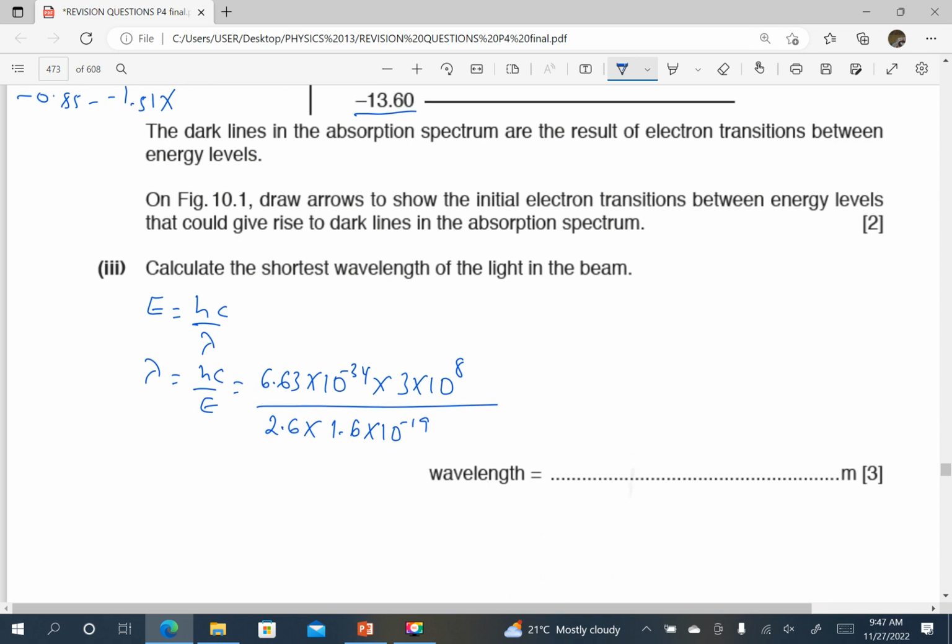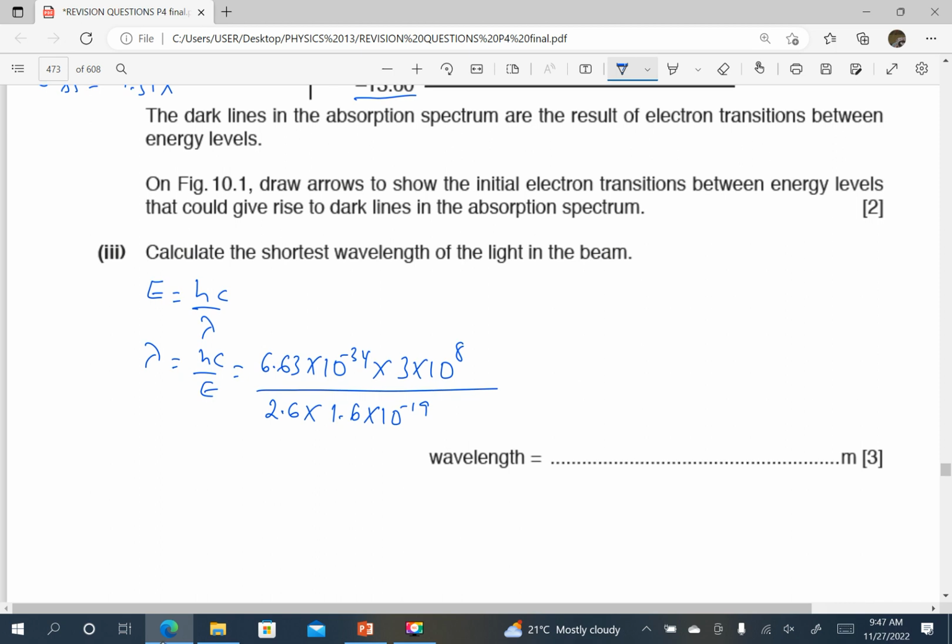So from my calculator, I am getting 4.8 times 10 power negative 7. Okay, next,